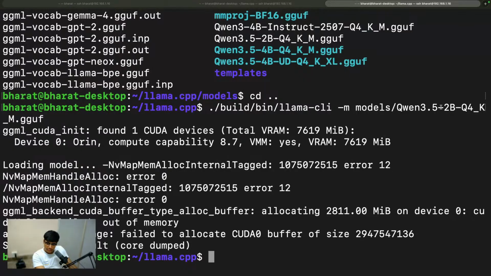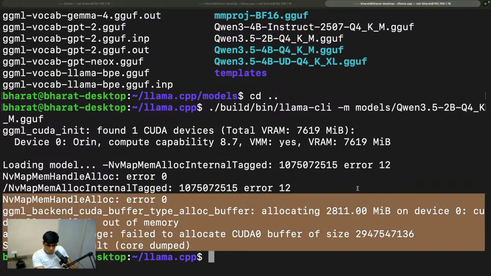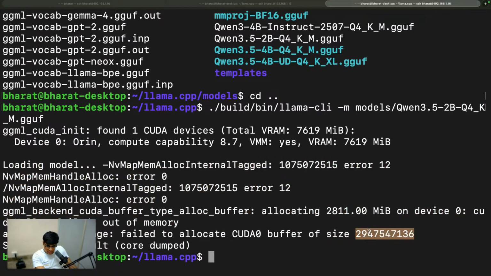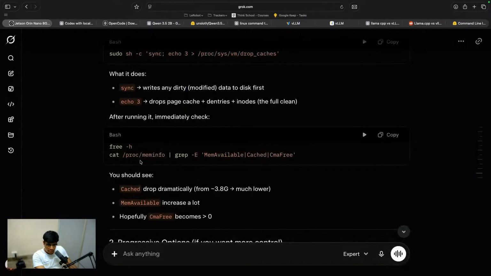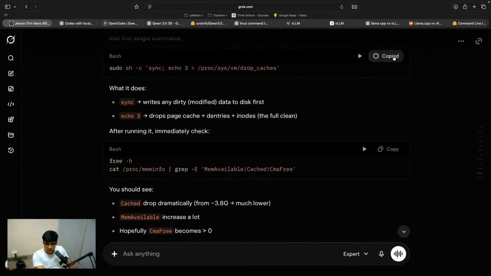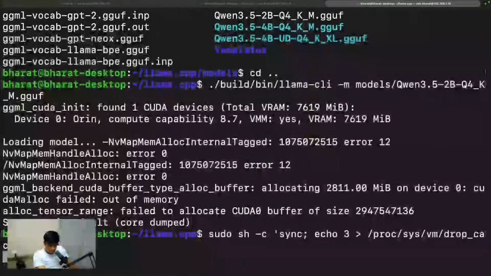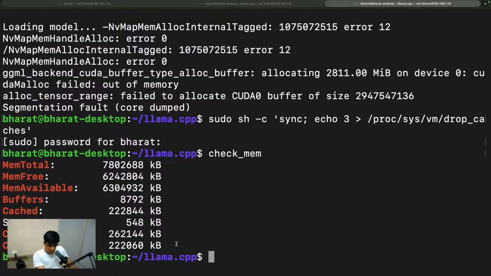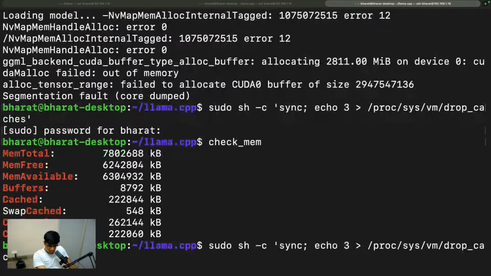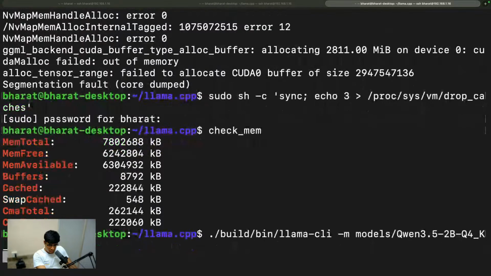Buffer size of this. Okay, let me just clear this then. What was the command to clear it? This one, right? Let me clear the memory. And if I do check mem, so I have 6.2 GB available. Now, if I run this again,